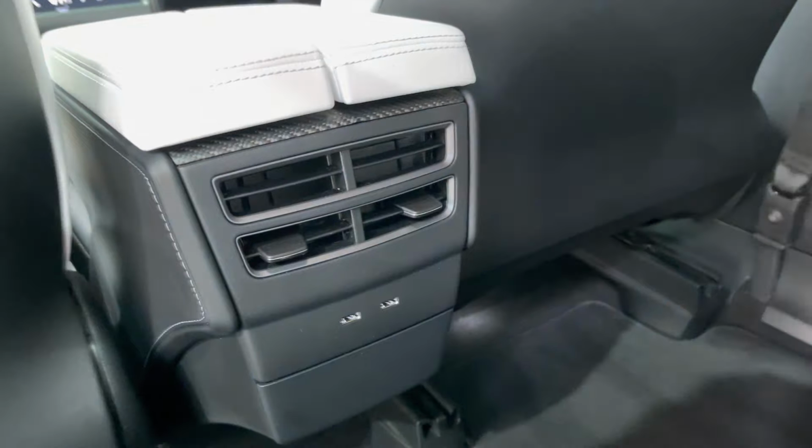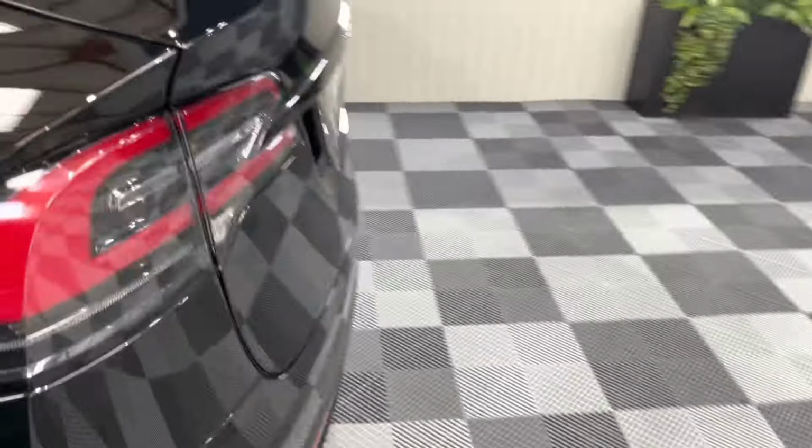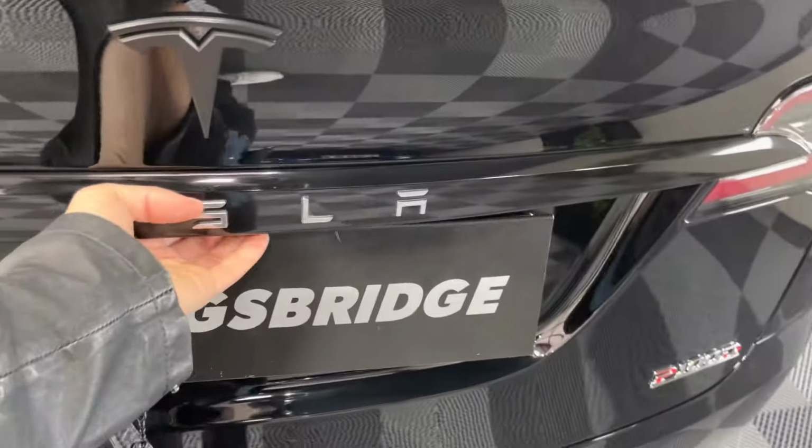You've got the carbon fibre trim on this one as well, which is the best one to have rather than the wood or the gloss black. If we open the tailgate,